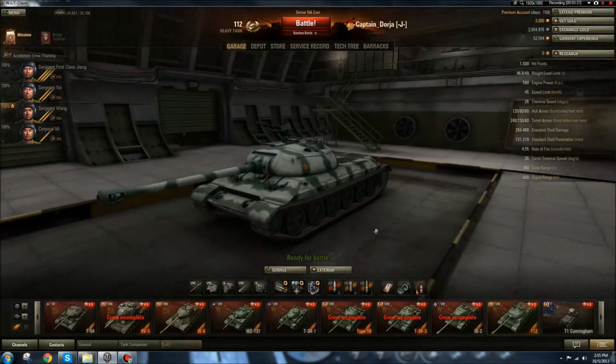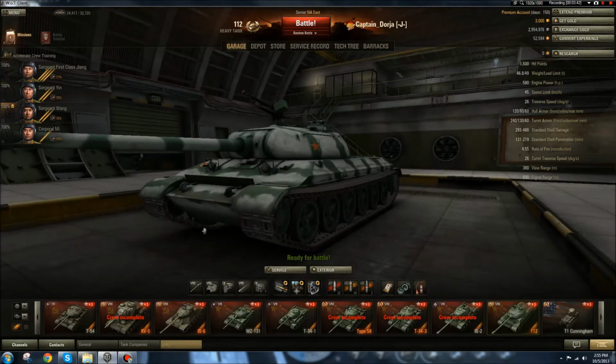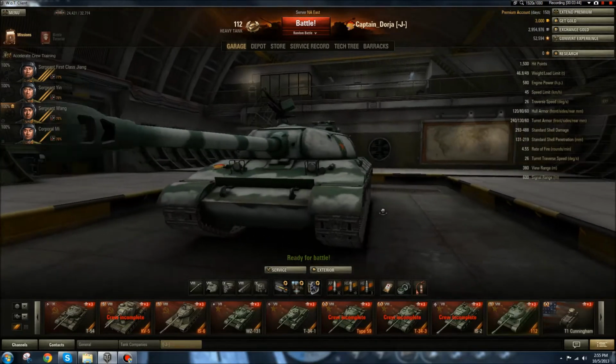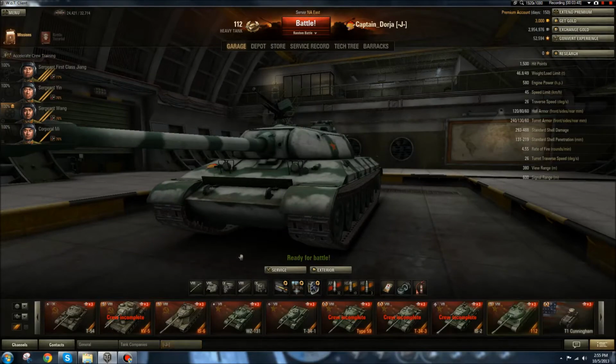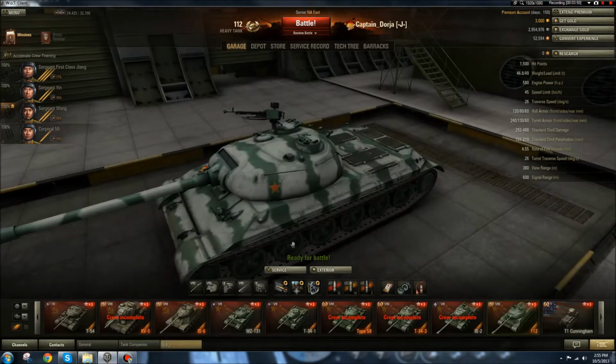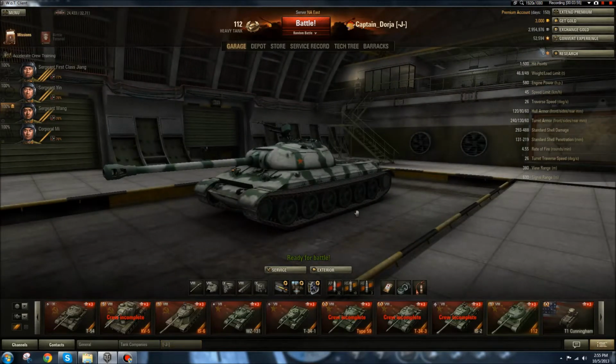So shots on the side of this thing are really devastating, and when you angle enough to protect your lower plate, you give them your side. When you angle, but only enough so that your side armor is still okay, you give them your lower plate. It's a big problem. The gun, also, the lower rate of fire compared to the IS-6 means you have a lot less firepower,